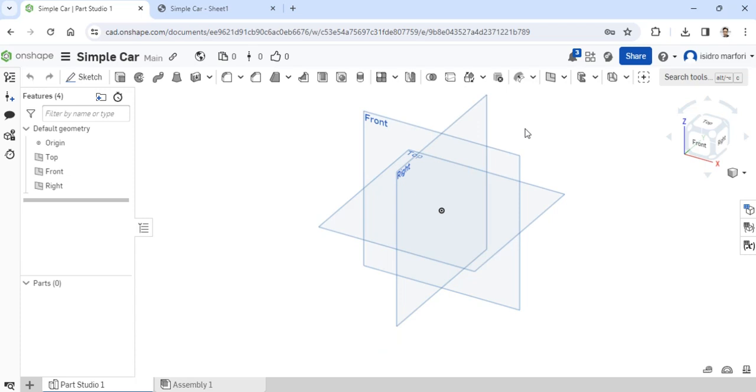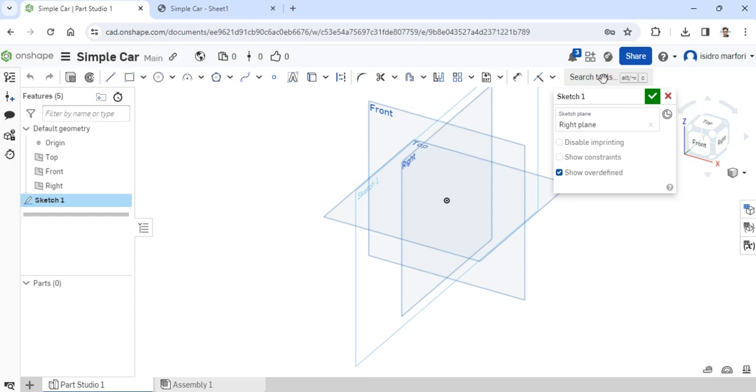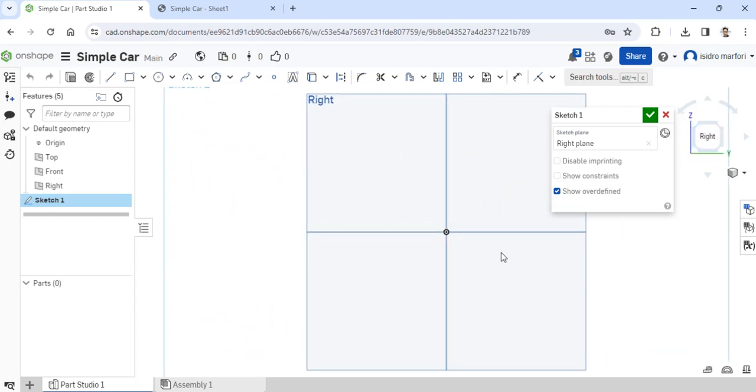So to model our simple car, we would first start to make a sketch in the right plane. So you simply select the right plane and then you tap on the sketch icon right here. And then right now we are in the sketch mode, and you will notice that by this display here. For us to be able to make the sketch easily, we will just change our view to the right view. So you simply select the right icon here in this view widget, and it should face you.